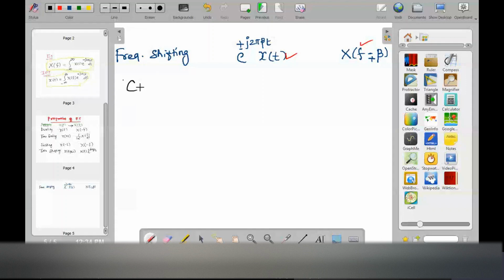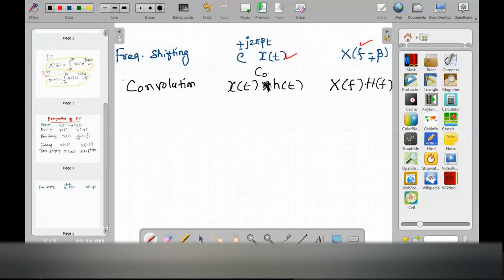So there is a property called convolution. What does this convolution property do? Suppose a signal x of t is convolved with h of t, the star symbol. In the frequency domain they will be multiplied, X of f into H of f. This is called a convolution. It's like a star symbol. So this is nothing but convolution.